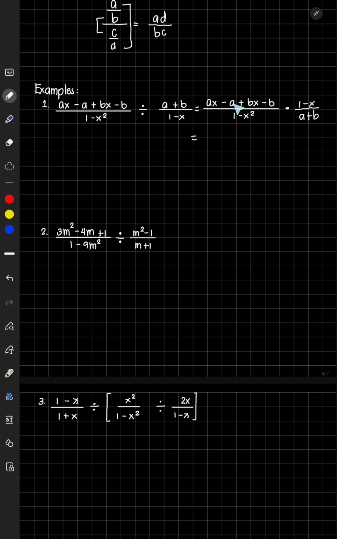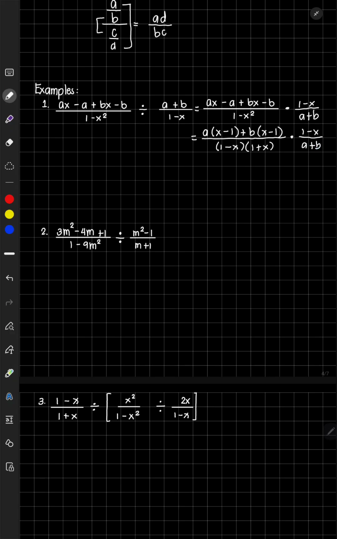So we have ax plus a minus b, so we can factor out a from that. So what's left would be x minus 1. So we have plus, factor out b, so multiplied by x minus 1. So this is divided by this one. So we have 1 minus x squared. The factor for that would be 1 minus x multiplied by 1 plus x. So here, just copy. So 1 minus x